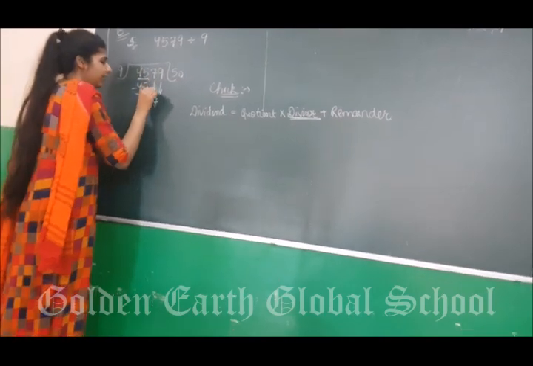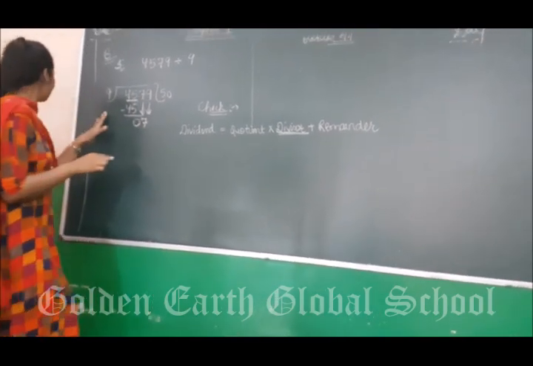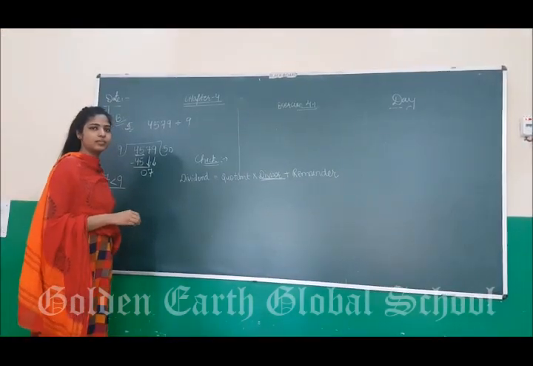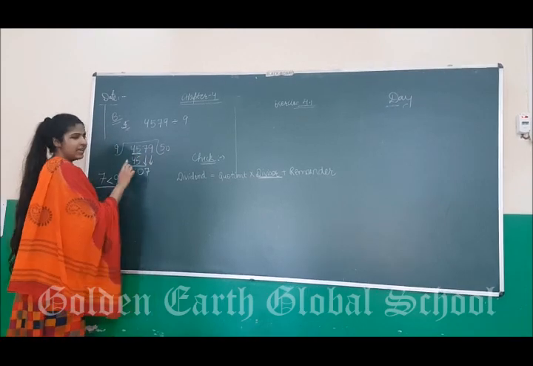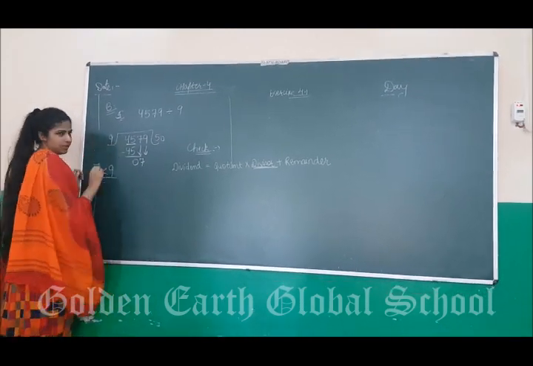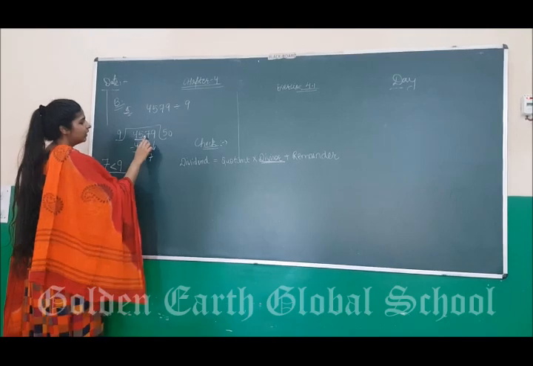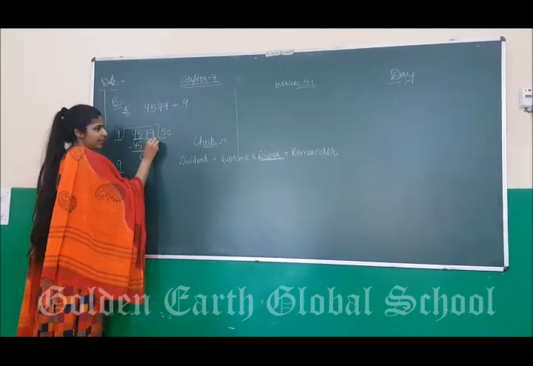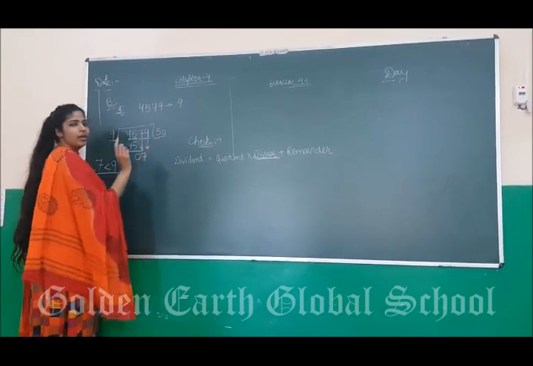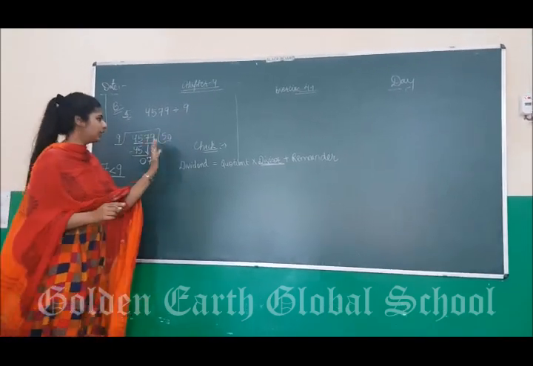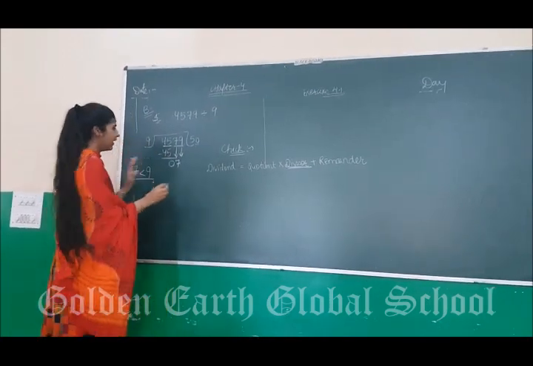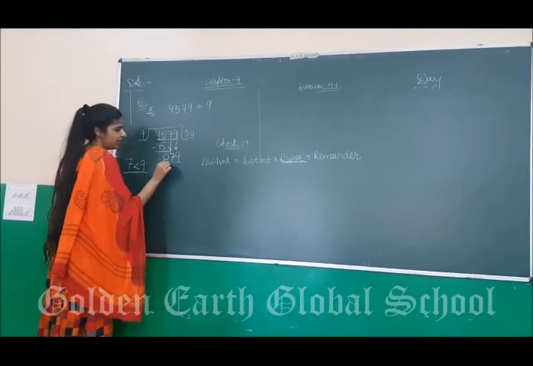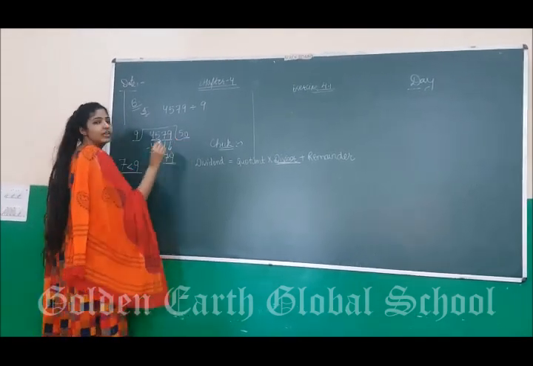Now when we take the number 7, what we get is only 7, and 7 is less than 9, less than the divisor part. So we will take two digits simultaneously, and if we take two digits simultaneously, what do we have to do? We have to write a single zero in the quotient part. इसमें हमने क्या करा है? 7 को भी नीचे ले लिया और 9 को भी. दो डिजिट्स इकट्ठे कैरी कर लिए. So we will write the zero here.